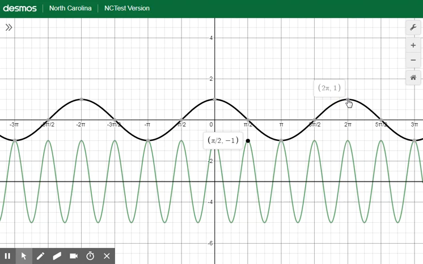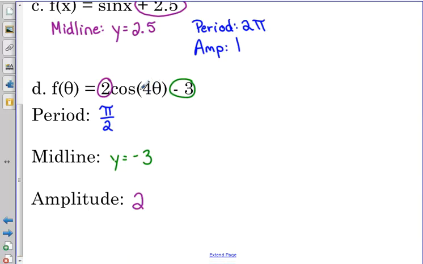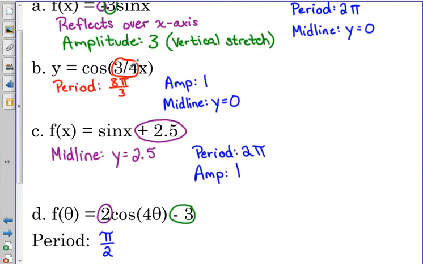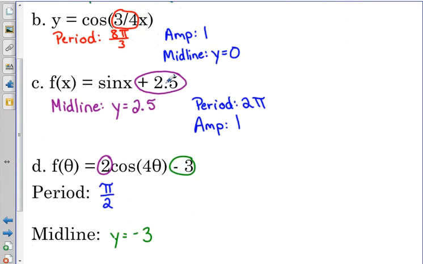If we start here and go to 2 pi, how many cycles did we complete on the green one? How many cycles were completed by the time we got to 2 pi? 4. Look at the number in the equation. 4. That many cycles are completed in the standard 2 pi. If we went back to this one, in the standard 2 pi, we would have gotten 3/4 of the way. That was a little bit harder to see. We would have gotten 3/4 of the way through a cycle on this one by the time we got to 2 pi. Okay, we will practice